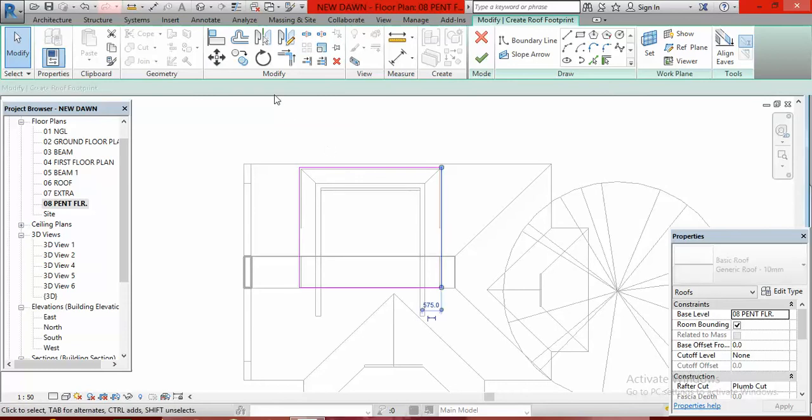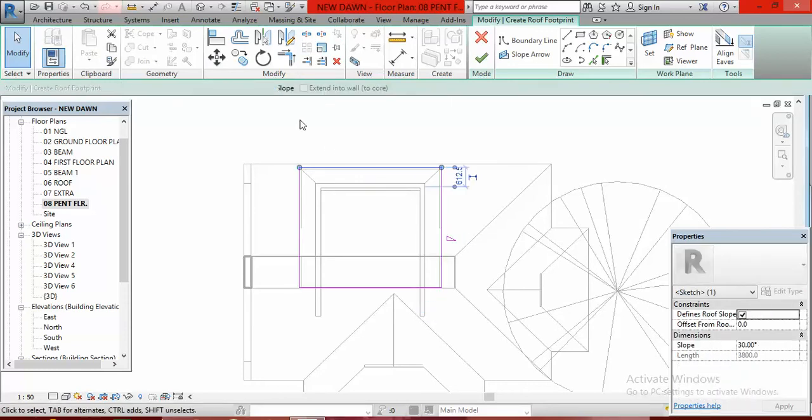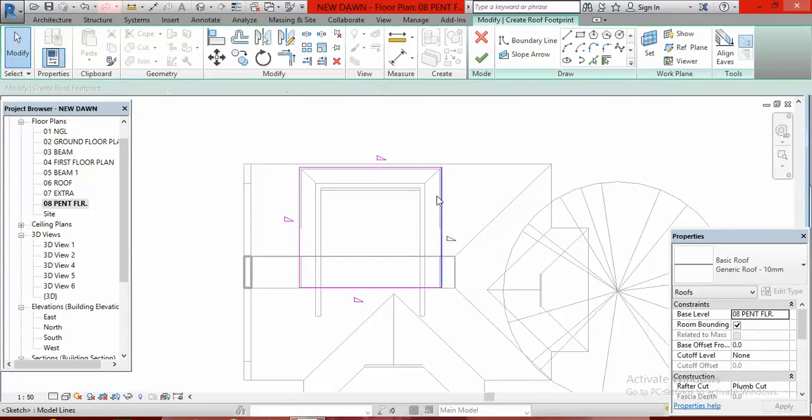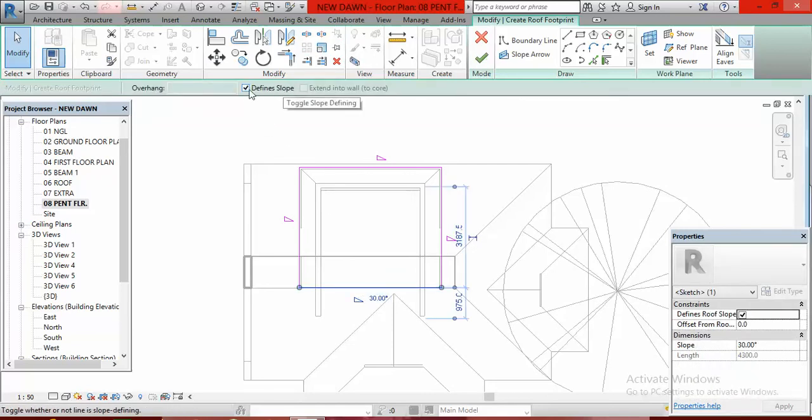So I click here and define slope, click here, define slope, click here, define slope, and click here, define slope. This is how you are going to have it. All the 4 lines are going to have angles, okay? But it is only one that will not have an angle for this particular work. So when you have your work like this, all of them having angles, leave this one, leave this one, leave this one, but this one should not have angle. So click on it and go to define slope and uncheck,